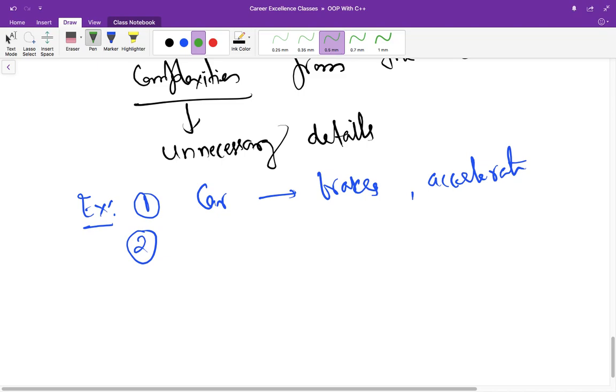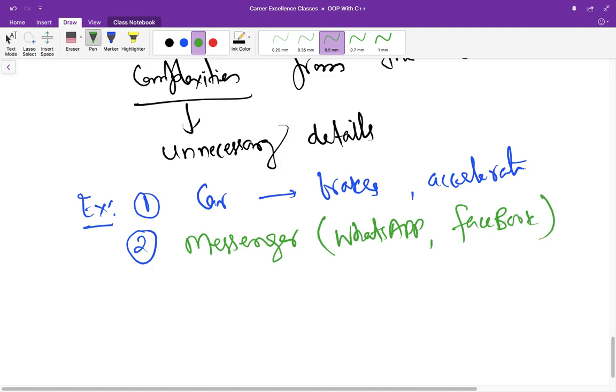So let us move to some messenger. You can go to the WhatsApp messenger or maybe Facebook or any other, right? So there is a window where you type a message, right?